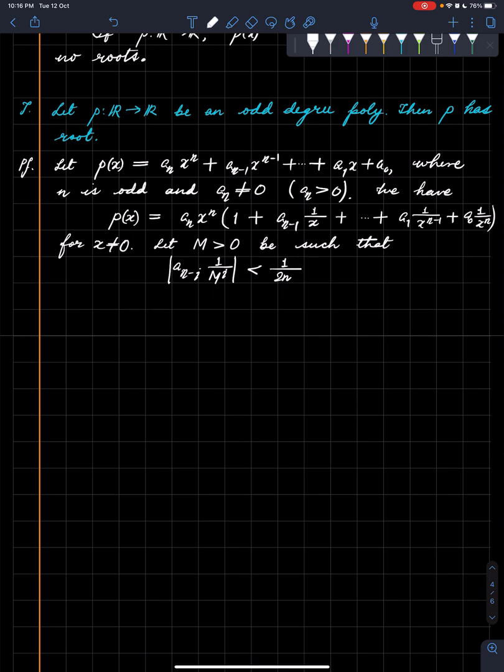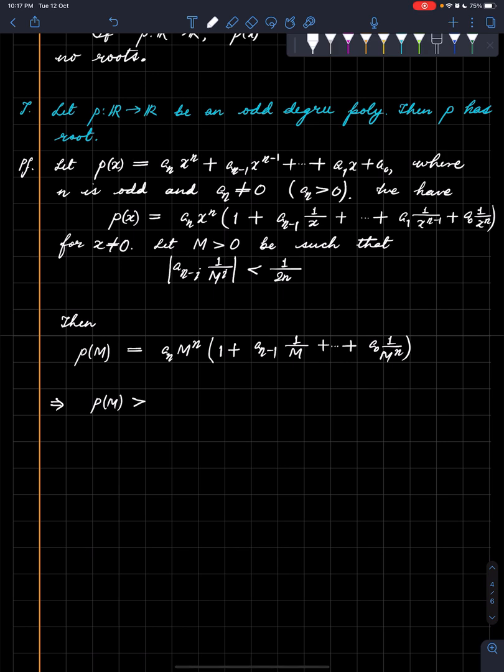So once we have chosen that, then p of m equals a_n m to the power n times 1 plus this monstrosity, which implies that p of m is greater than